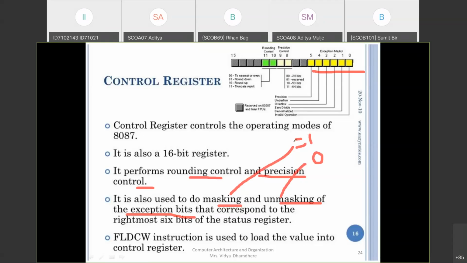Masking means that operation is active or enabled. Mainly in microprocessors, masking is enabling the bits, and unmasking means disabling the bits. That is the meaning of masking and unmasking, used for these 6-bit operations.